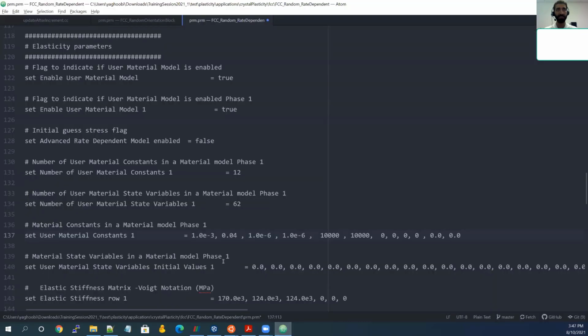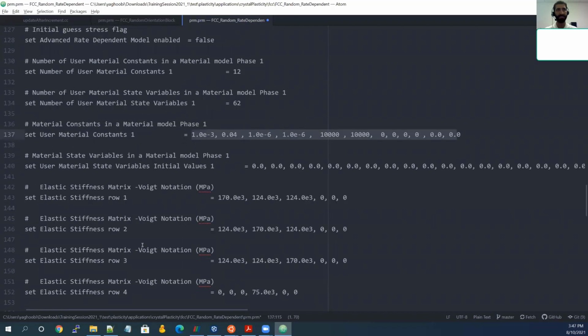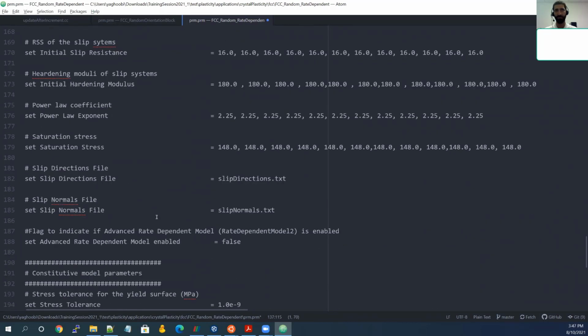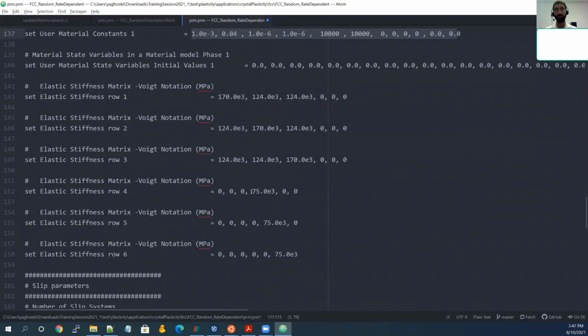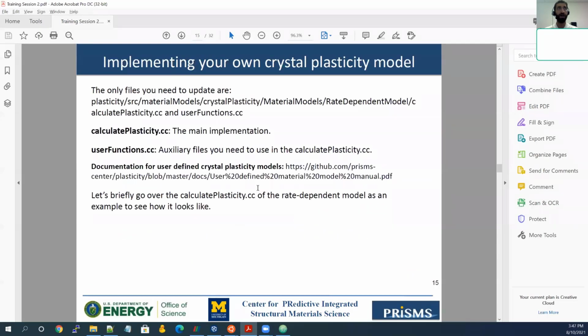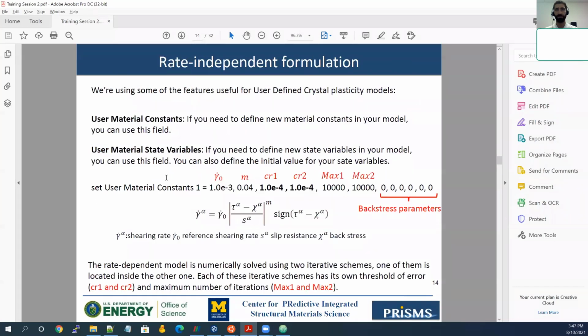So if you go back here, this is almost what we have right now. And after that, it would be elastic modulus and everything else would be the same. So these are the changes you need to do. Let me save this file. And then, okay, we did that before, calculate plasticity and user function, and we recompile it. So now let's do the simulation